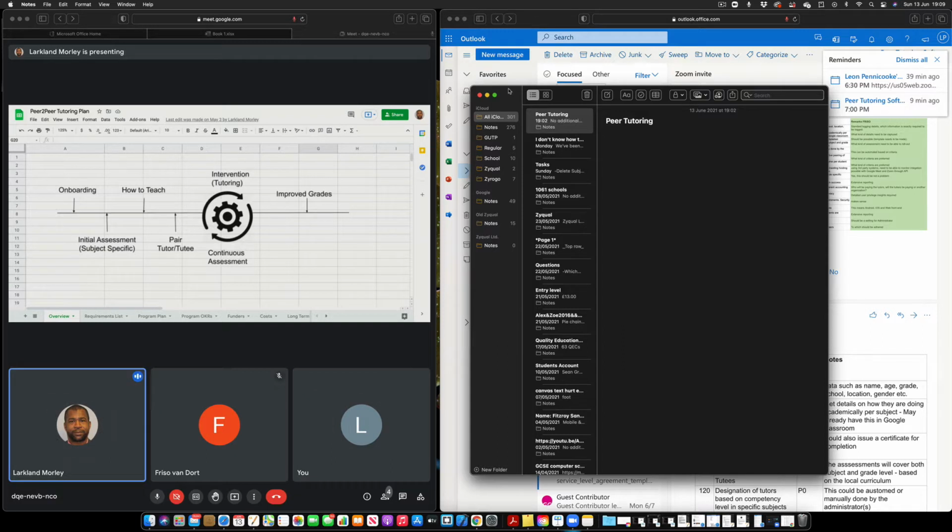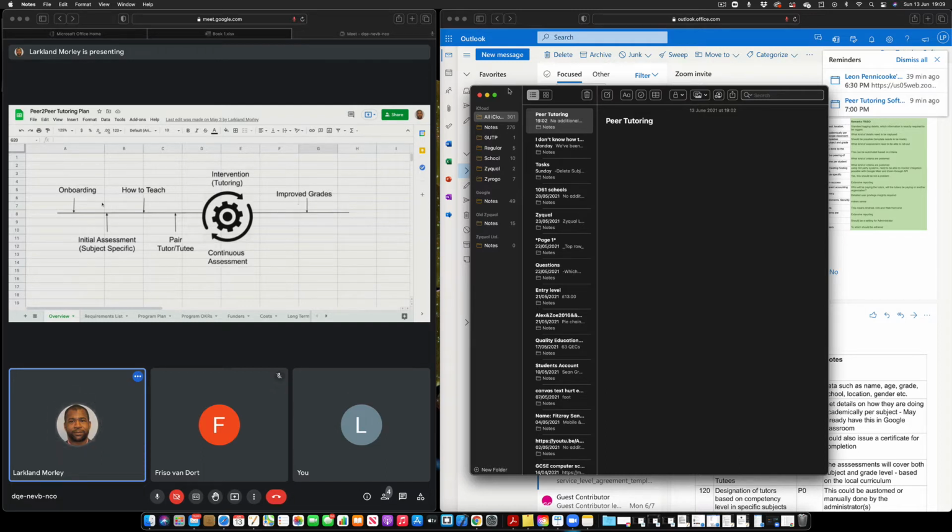Once you do the pairing, you have a cycle process whereby you schedule sessions for them to tutor, which technically you already have with Google Calendar and all those things you can use. But it's good to have it in the platform so you can track it, so you can say how many tutoring sessions they have. Then you have some assessment, maybe once a month, where they take a test. At the end of the day, you want to see that consistently the grades are improving.